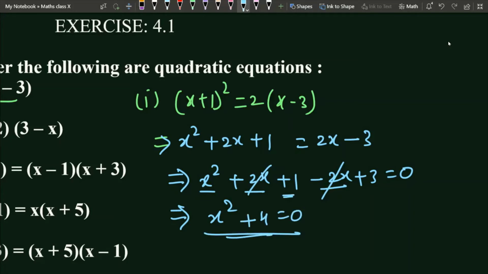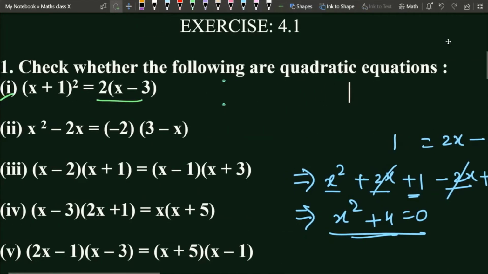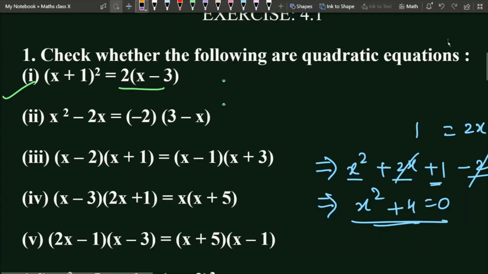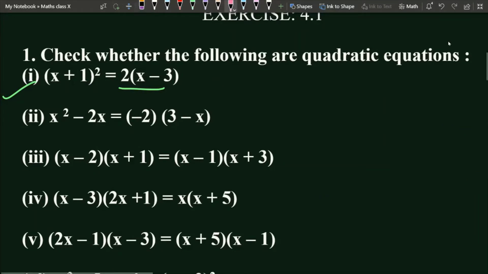This is a quadratic equation because there is a term of x square. That's why it's a quadratic equation. Now see the second one. Let us guess without solving. How can we guess without solving the questions whether they are quadratic equations or not, because in exams we don't have that much time. So you just have to predict whether x square is available or not, and along with that, you have to predict whether there is any under root or these kinds of things.